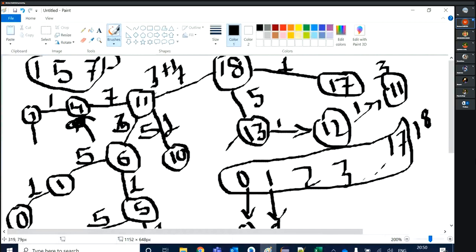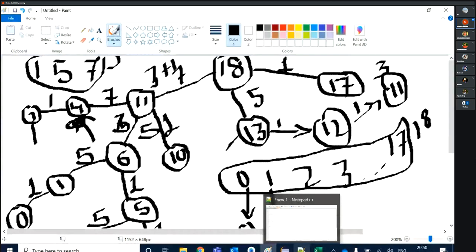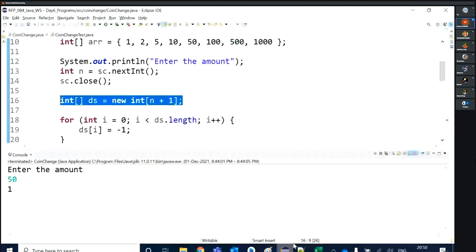There are some duplicate numbers, 11 is coming 2 times, 4 could be coming not only 2 times but multiple times. So we are using my RAM memory and storing all the solutions up to, let's say I have given the amount 50, so I will give the solution for 0 to 50, not only for 50. If I'm printing the array after that,